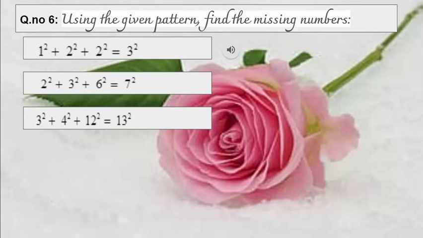One observation you can see in every question: the second number is 1 more than the first number. 1 square plus 2 square. Second one, 2 square plus 3 square. If it is 5 square, the next number will be 6 square. If it is 10 square, then the next number will be 11 square. Now the second observation. What is the second observation?